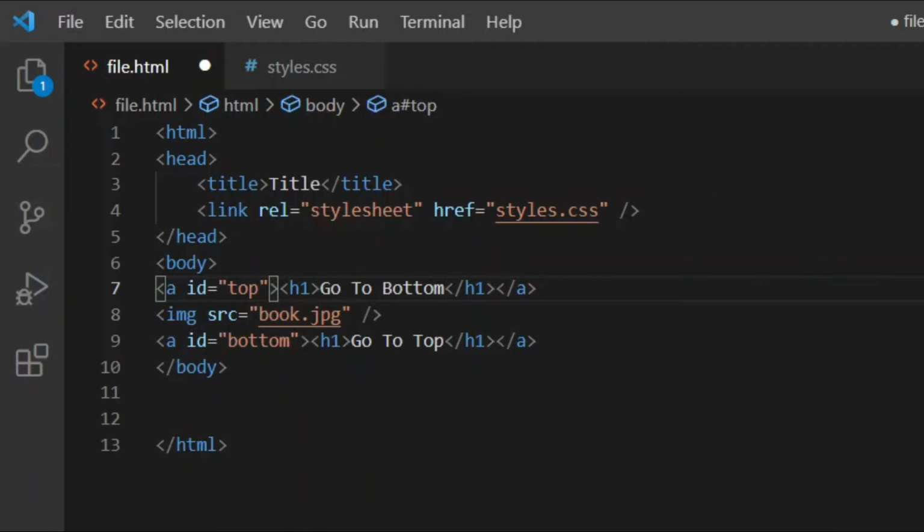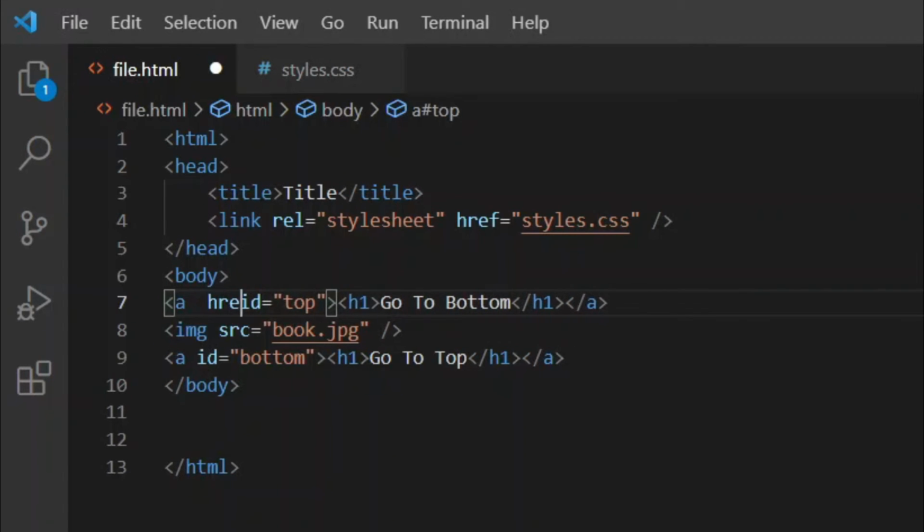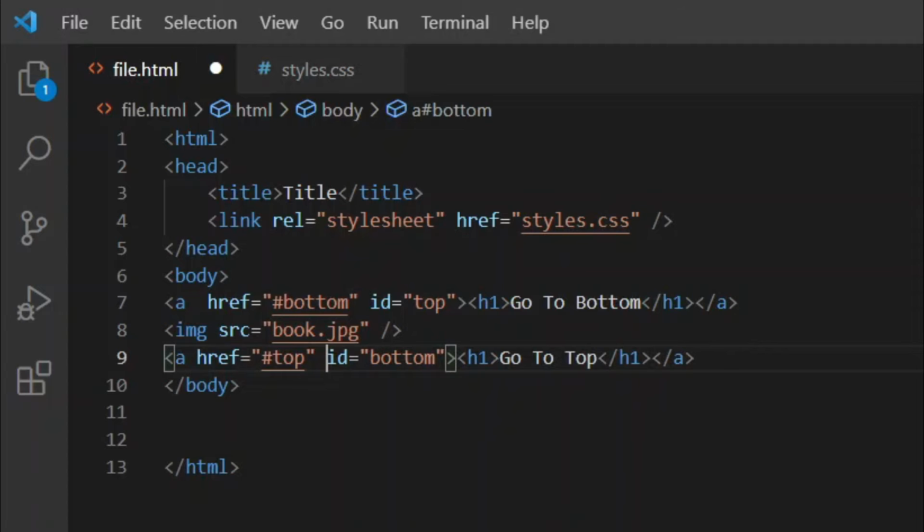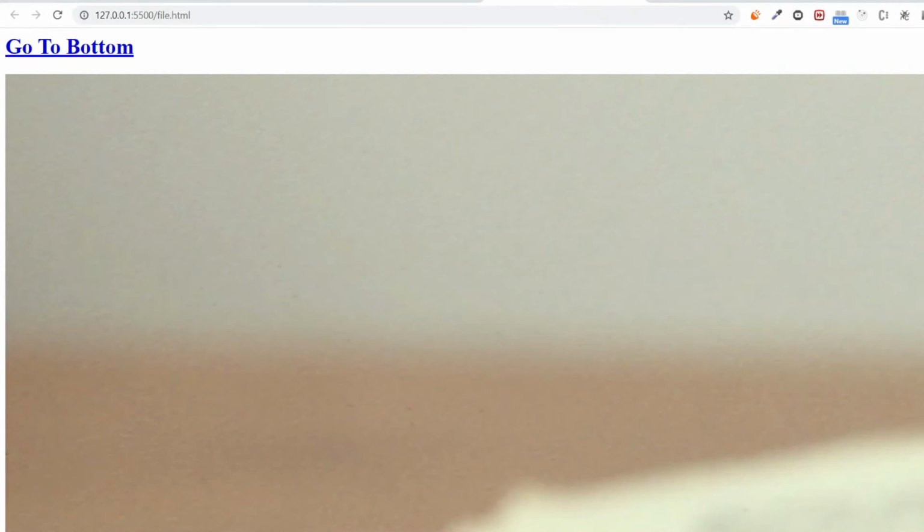Let us now see how we can put internal hyperlinking on our HTML page. We first define an ID for each of the sections of the page in our HTML markup. Next, we put our anchor tag and in the href attribute, we specify which link we want it to redirect the user to. Since we are using internal hyperlinking, we provide it the ID of another section of the same page. Also, we put a hash in front of the ID provided. Hit save. As you can see, the links are working as they should.